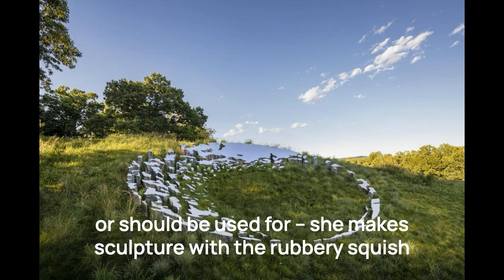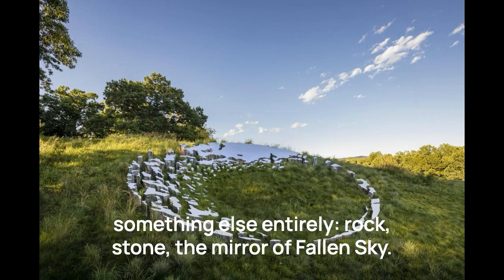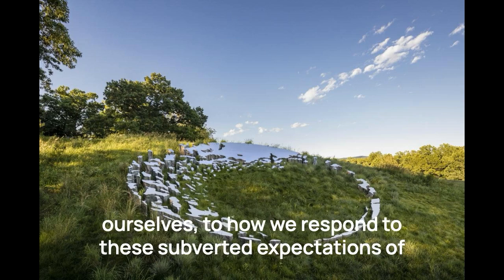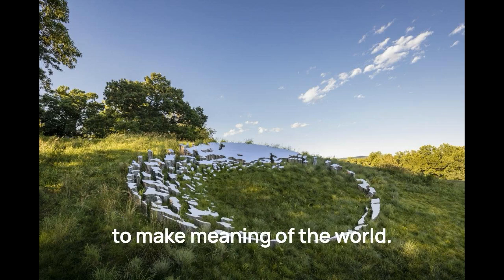She loves changing our perceptions of what materials are or should be used for. She makes sculpture with the rubbery squish of dried paint. She processes stainless steel to appear as something else entirely: rock, stone, the mirror of fallen sky. But then she takes it further, again making us pay attention to ourselves and how we respond to these subverted expectations of what materials are supposed to do, to the way that we use materials to make meaning of the